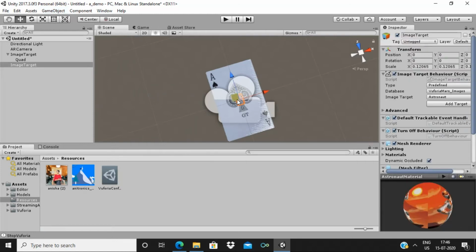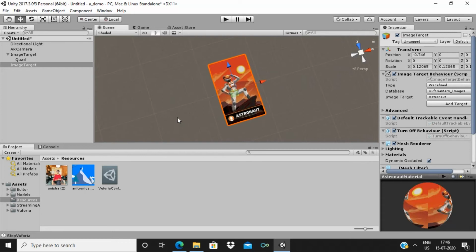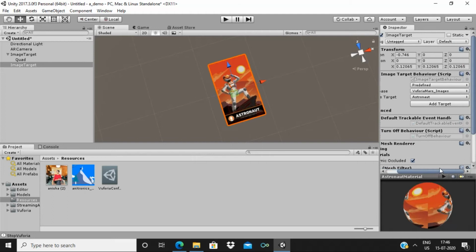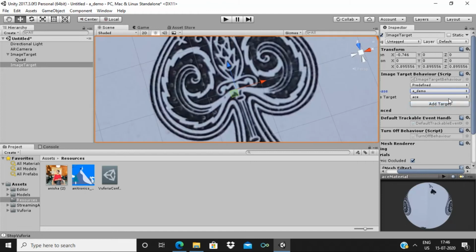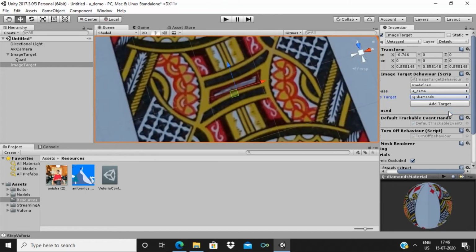So we got our target, just drag it aside and yeah, this is our target. So this is the predefined target, right? We need to get our target. For that, go to demo, and I want Queen of Diamonds now. So I got it.